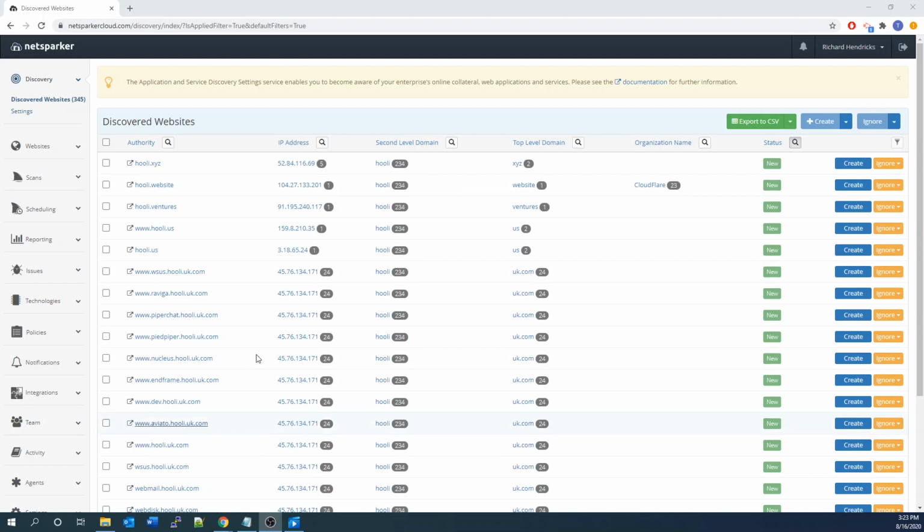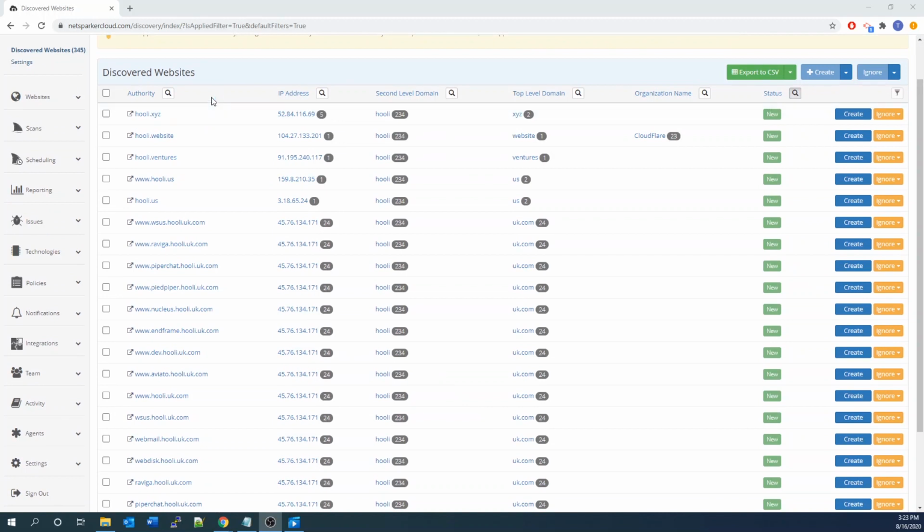And so right off the bat, you see that the Discovered Websites tool has discovered several different sites which potentially relate to our organization. And the organization for this demo account here is Hooli. And it's important to note that when we're looking at this Discovered Websites list,